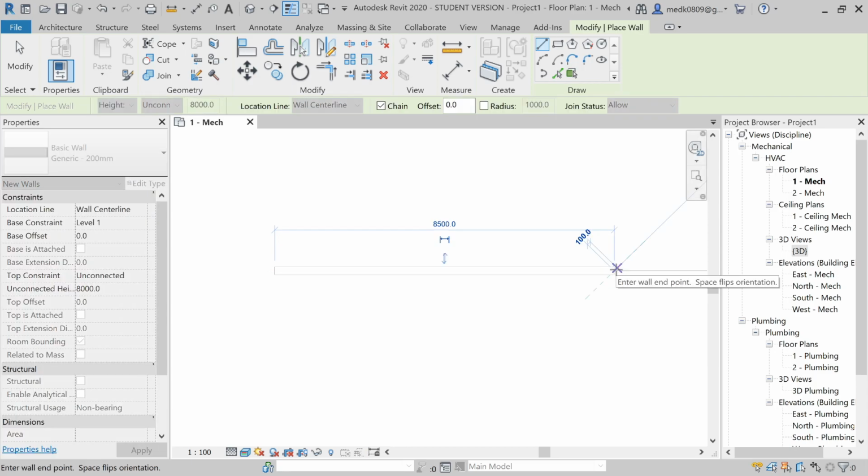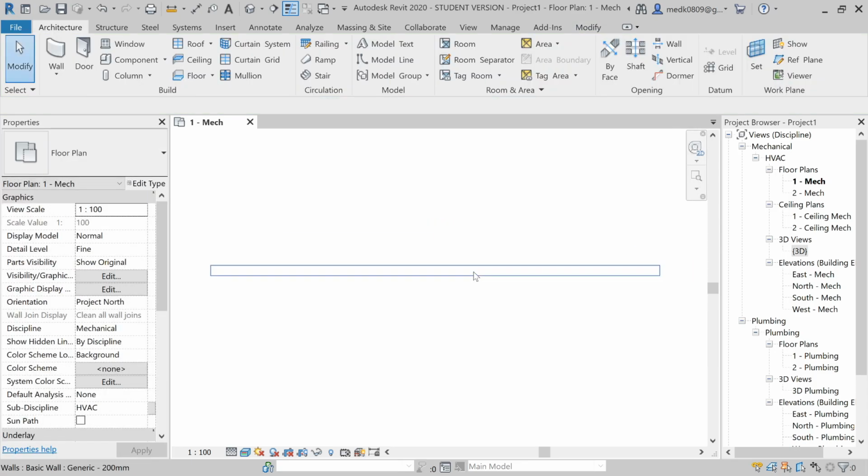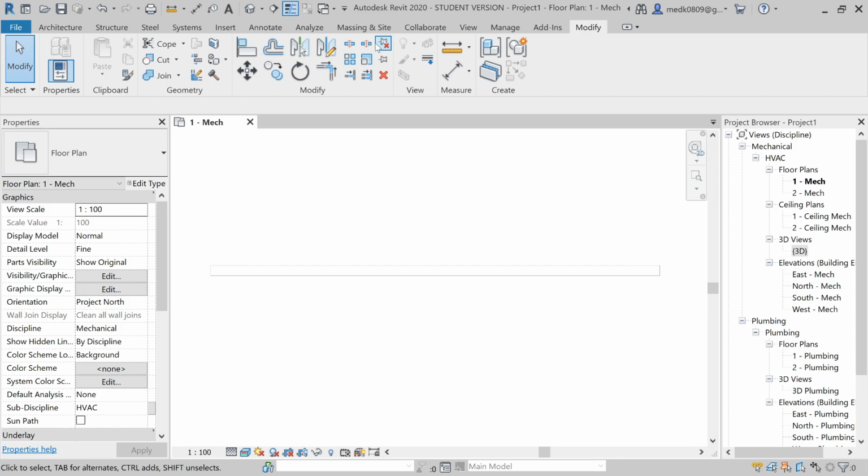This is the top view, and if you want to split this wall into two parts, or you want to make a separation, if you want to split this wall with a gap in between, for that let's go to Modify, and here we have Split with Gap.